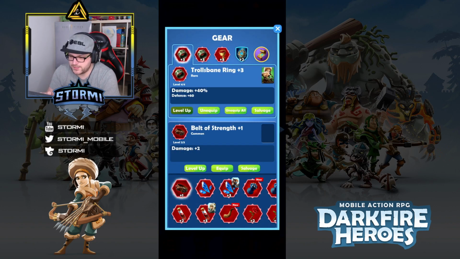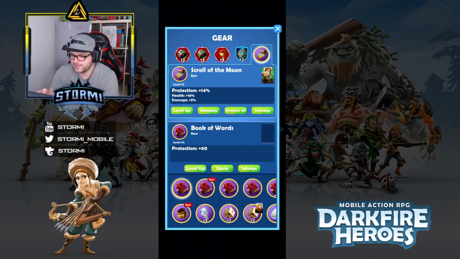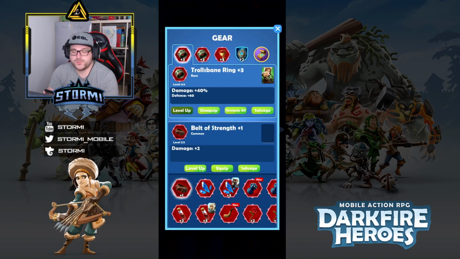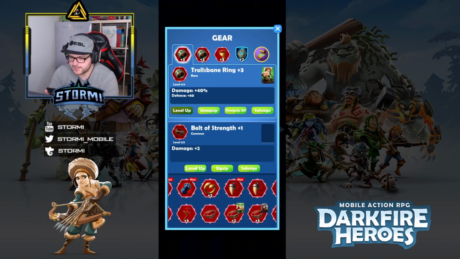And as you can see, 2 times the Troll's Bane ring together with Blood Goblet on maximum level, that's already 130% extra damage, plus 15% from the Fire Pendant and Scroll of the Moon plus 5%. That's a total of plus 150% damage boost, and you all saw with the hero power how much damage that is causing. So the Troll's Bane is definitely worth to go for her,